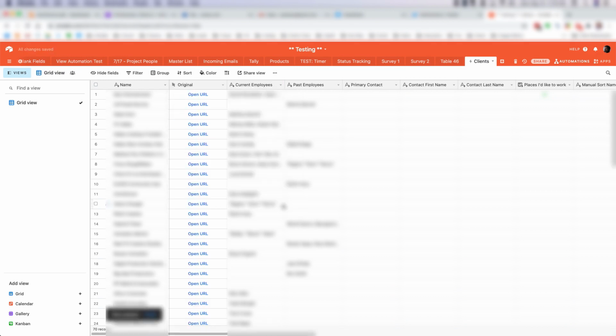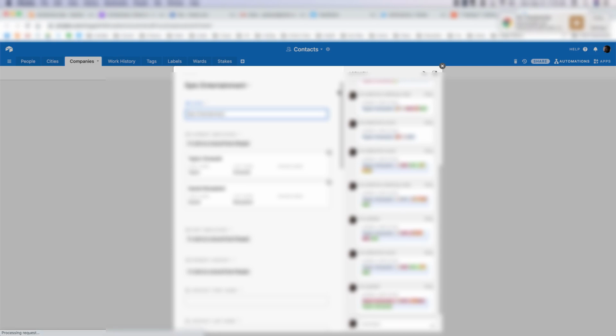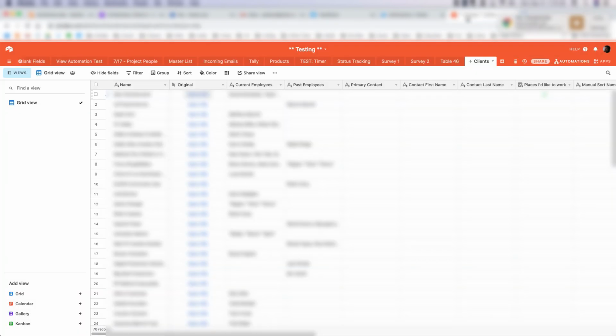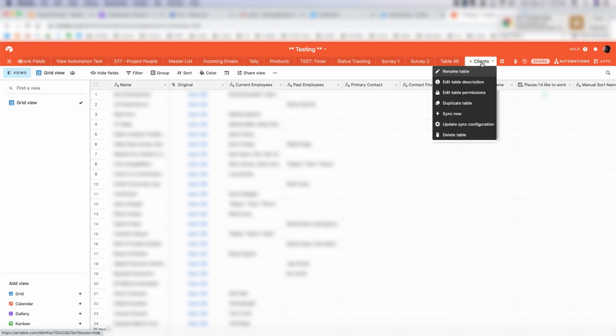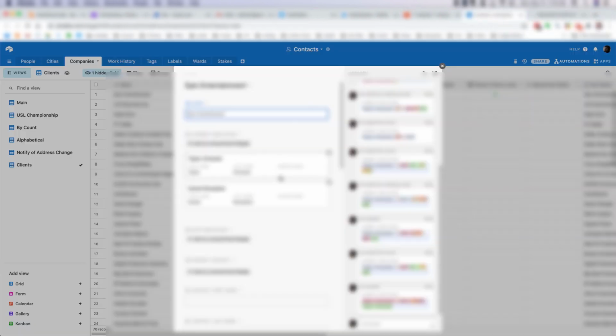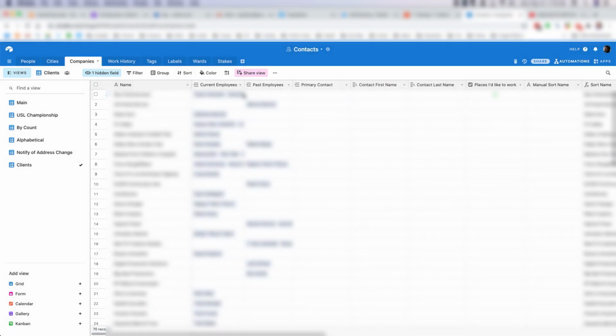So I save this out, and now if I want to edit any one of these entries in here, I click on Open URL, and it opens up the source record in the original table where I can edit this, make any changes that I want to, go back into the table over here, and then if I want to wait for the 5-minute sync, I can do that, or I can right-click on this entry up here and say Sync Now. And any changes will then populate in here, including, let's say I've gone over there, and let's say I've added some new fields into this same view that's being synced across.